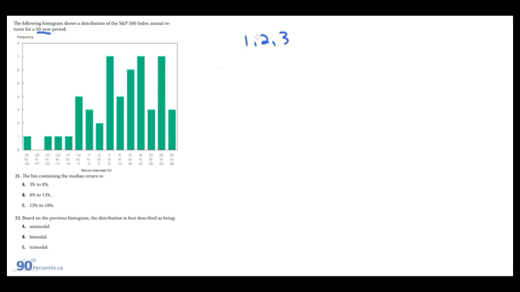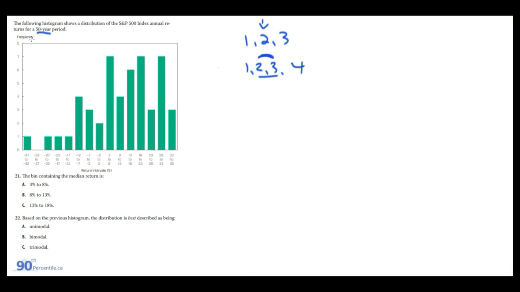But anyway, let's say we have 3 observations. The median is in the middle, so that would be the second observation. Versus if we have 3 and 4, the middle is technically these two combined, so you would take the average of these two. In this case, we have a 50-year period, which is an even number of observations. So the median would occur in between the 25th and the 26th